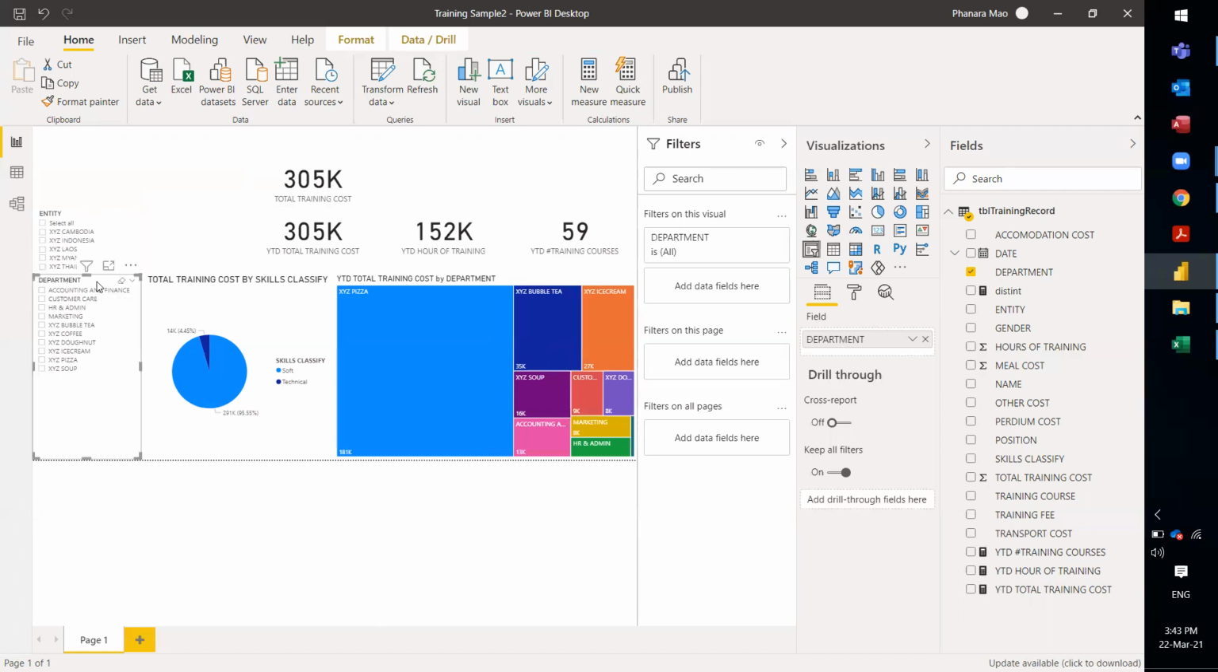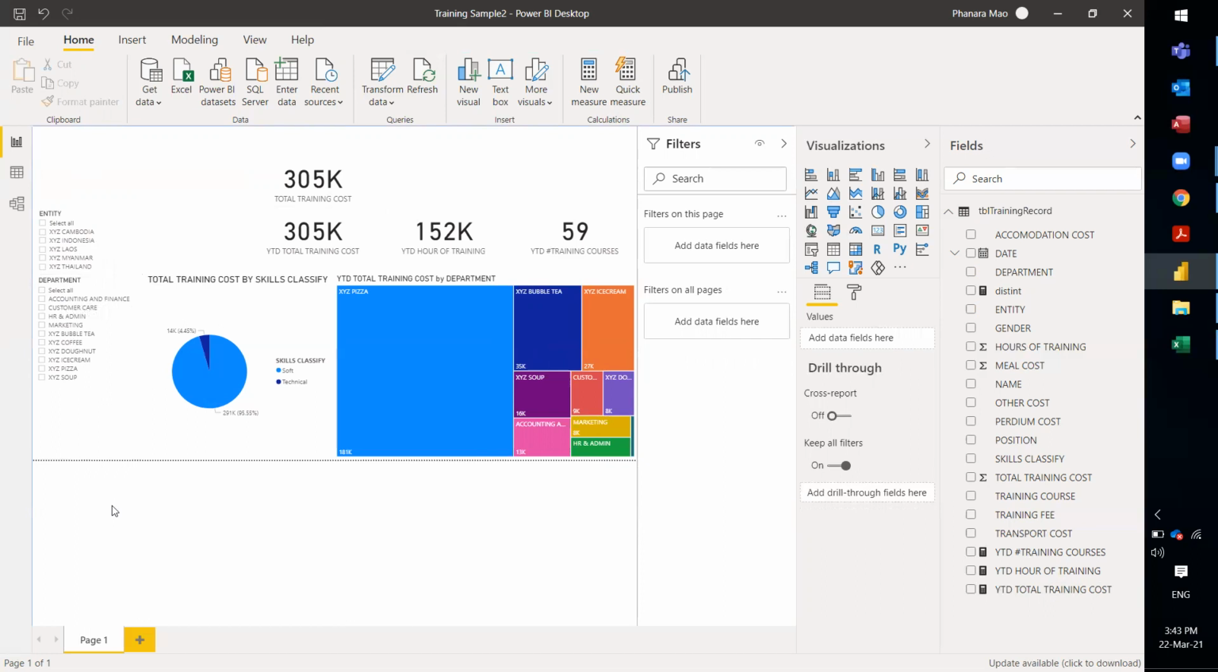If you want to apply the same custom slices, you can just repeat the process or use the format painter option. So either you use the format painter option this way, okay, here it is, you get the results. You have select all option and multi-select, okay. But in some cases,